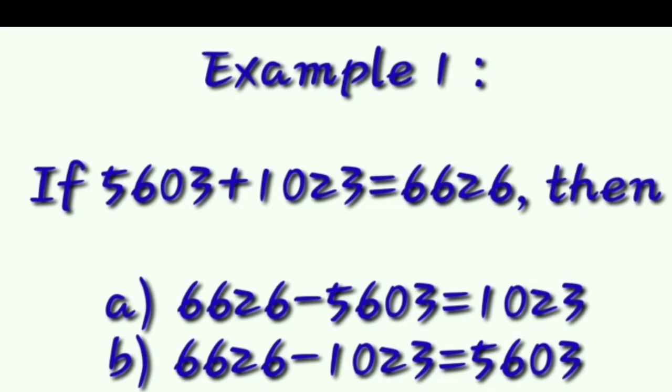Here you will notice that the minuend is 6626, that remains the same in both the facts. However, the subtrahend changes its place. One time it has become the difference and other time, the difference has become the subtrahend. So I think the facts are clear to you. So this was all about what we have done yesterday.